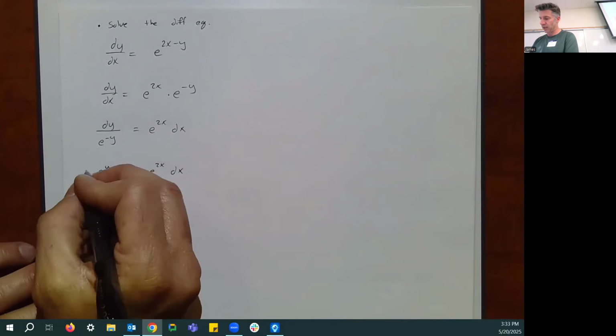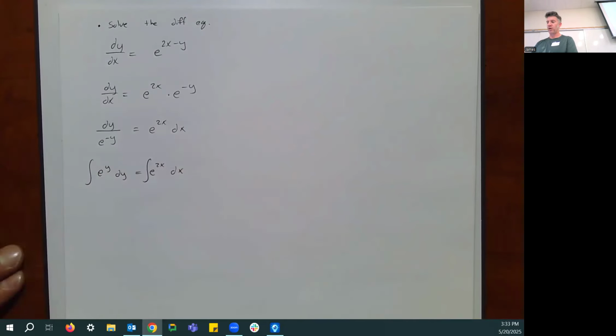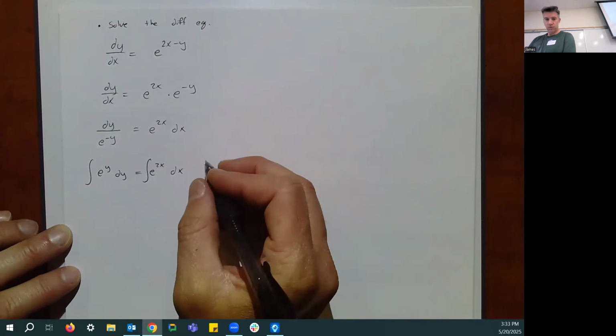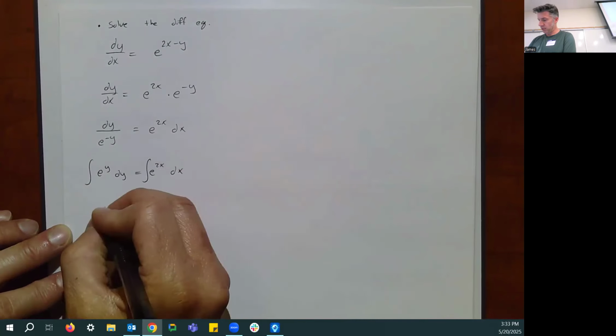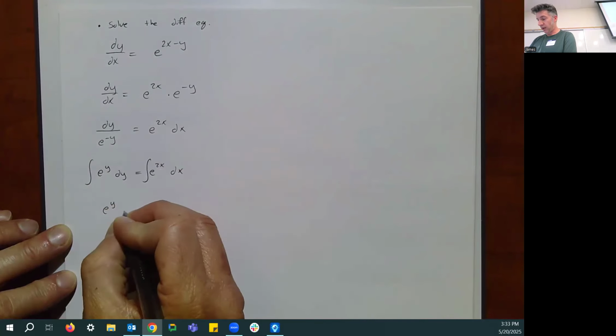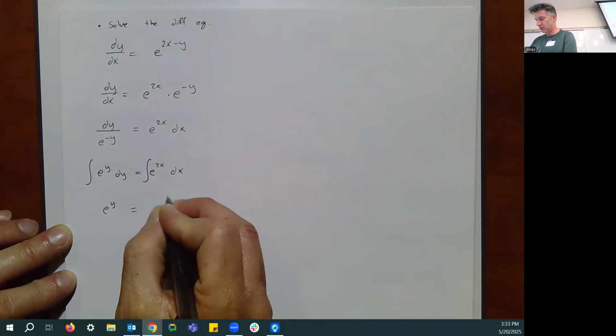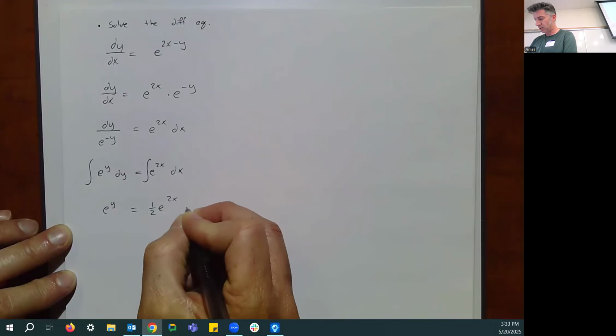So then we can integrate both sides relatively easily. So we get e to the y on the left and e to the 2x divided by 2 plus c